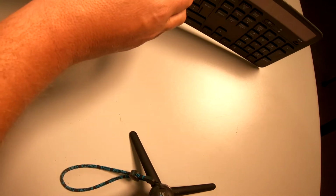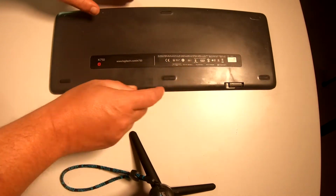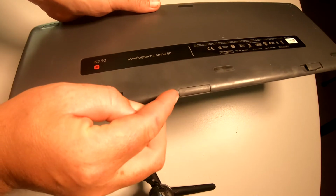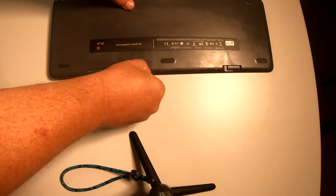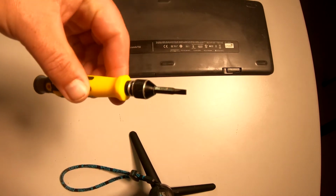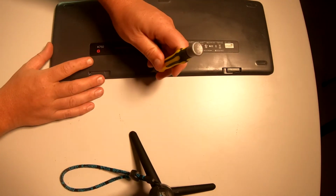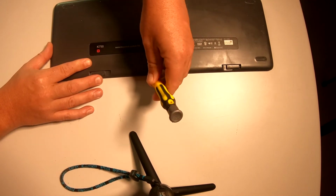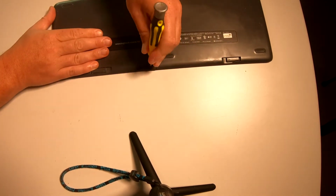So basically you have to turn it over, make sure it's turned off, and there's a little slot here, you can see it, and the trouble is it's not designed to be pulled out, not by us anyway. I've seen a couple of videos online of how to remove it, but I thought, you know what, if it helps others, let's have a go. So I've got a small dinky screwdriver here, and basically you've just got to get in there, and they don't want you to take it out very easily, so they've obviously made it a difficulty,